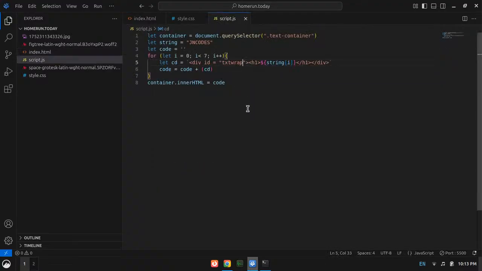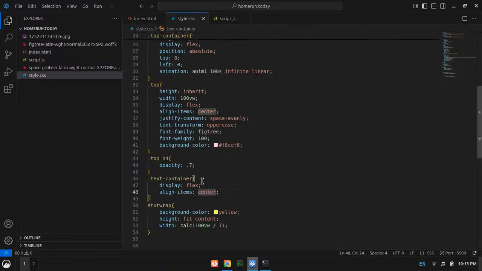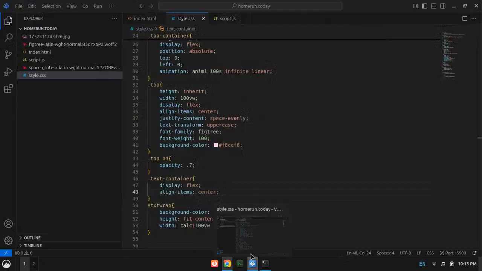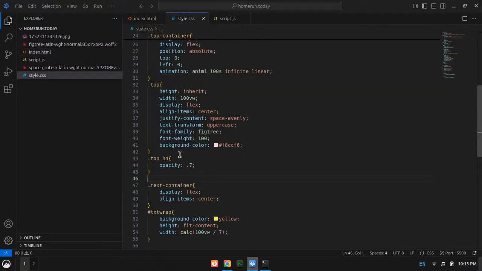Inside the text container we have all of these divs, right? So when I say align items center, all of these things should have moved to the center, but why aren't they? Okay, then I see the text container is itself inside the rest container, so I need to give the rest container a display flex as well.